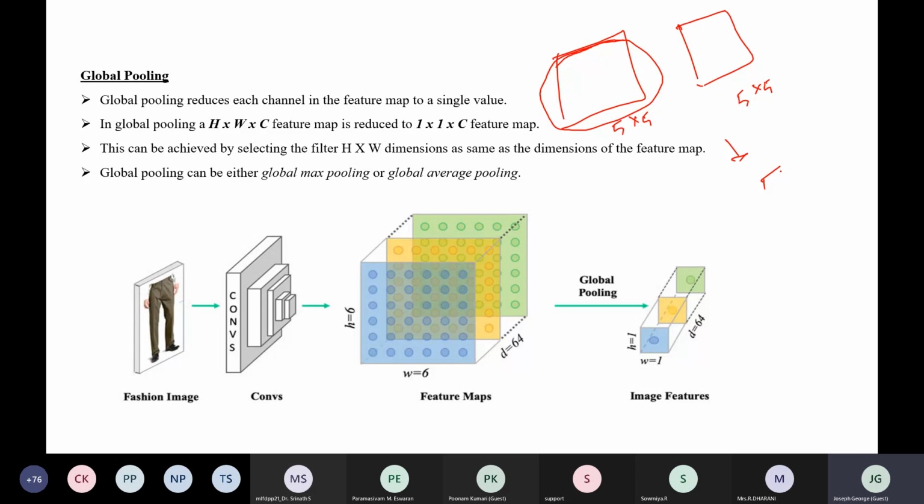This is what we call global pooling. If you have a depth of 64, then you will get 1 pixel with a depth of 64. The dimension will be 1 cross 1 into 64.